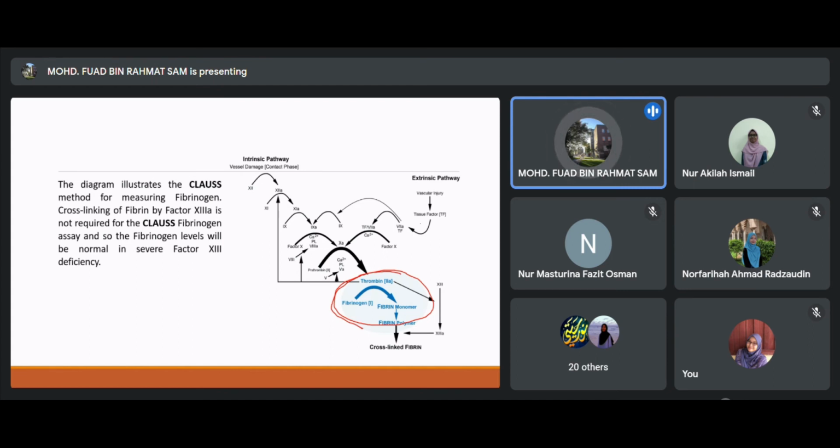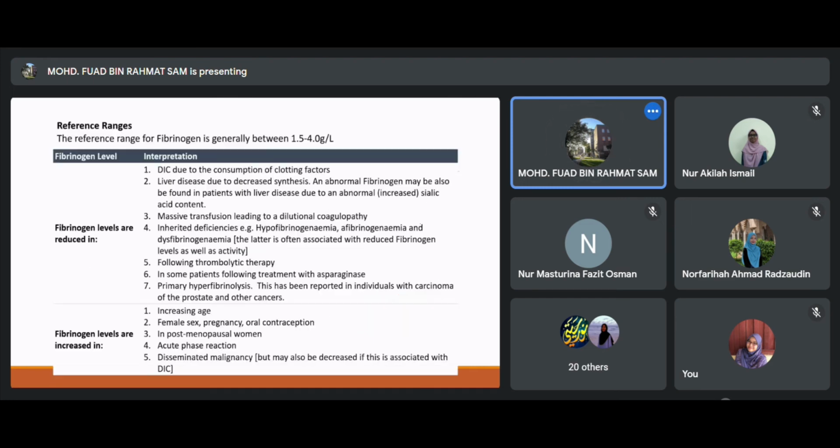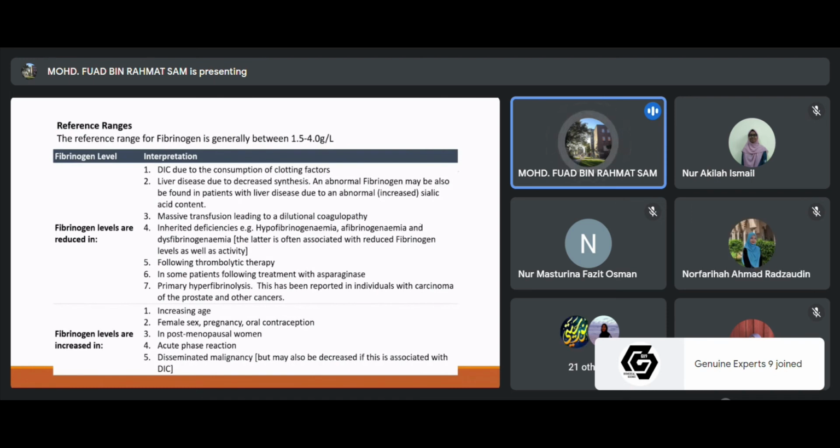So once we measure the fibrinogen level, the result we get is either high or low, and not in seconds. We are not measuring the time, we are measuring the level. Okay, so the reference range for fibrinogen is generally 1.5 to 4 grams per liter. So if the fibrinogen levels are reduced,